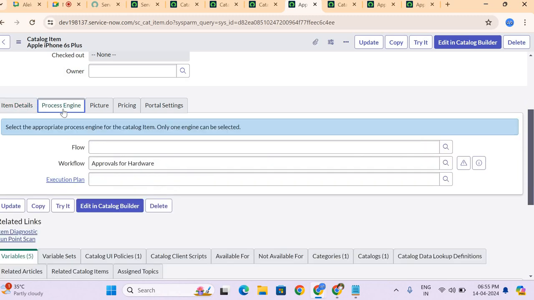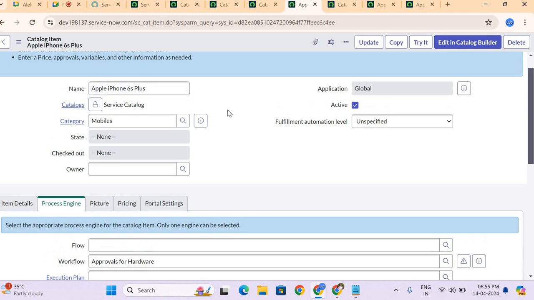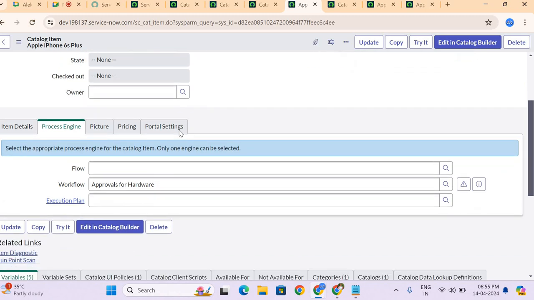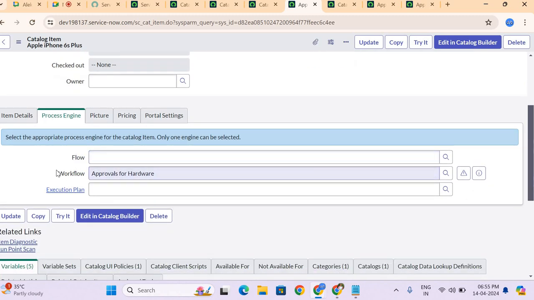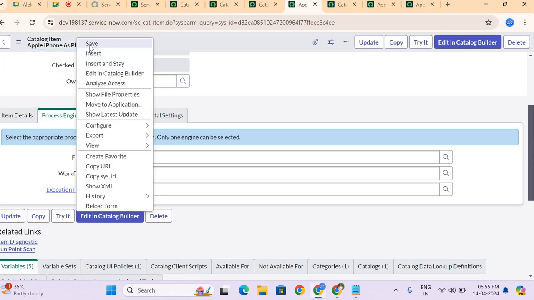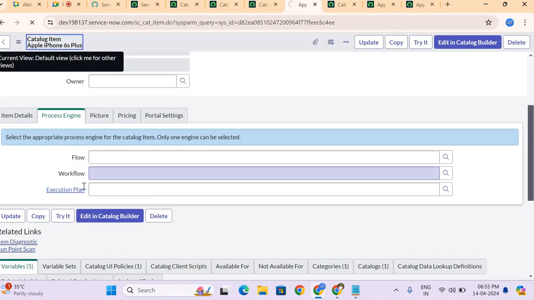And coming to the process engine, this is where, whenever this particular catalog item is requested, the process is defined. Whenever you buy or request something, there will be an approval process. In ServiceNow we have the flow, workflow, and execution plan. If we don't give any flow or workflow, then the execution plan is automated, which means it takes the